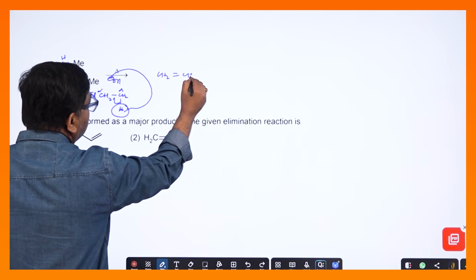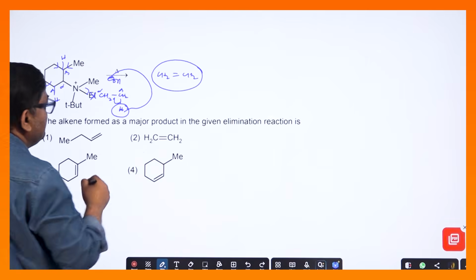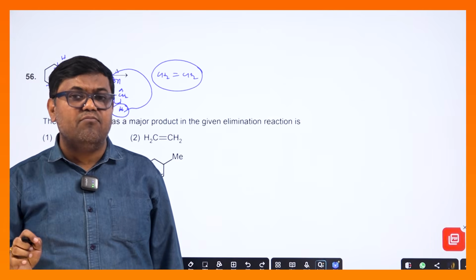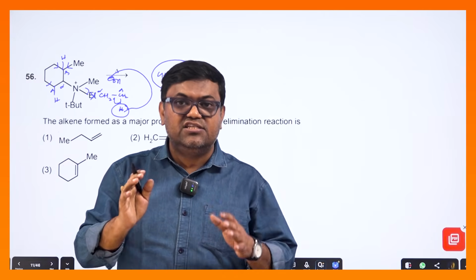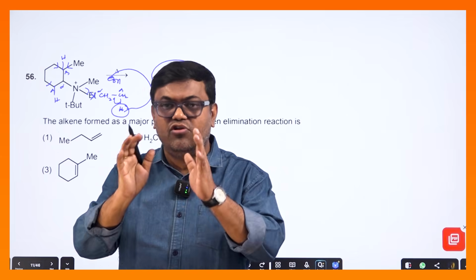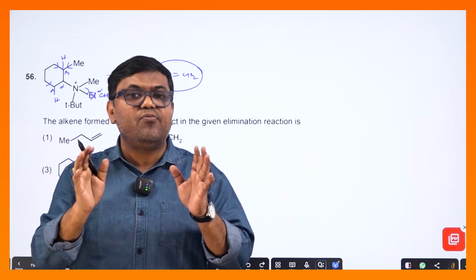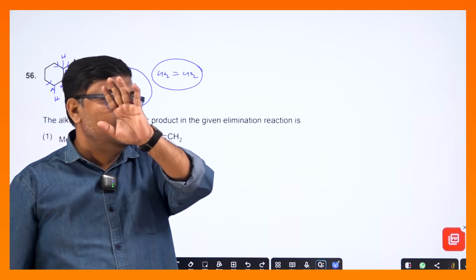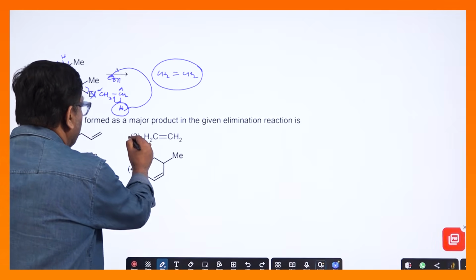CH2 ডাবল বন্ড C। তার মানে কনসেপ্টটা কি? যদি NR3+ যুক্ত থাকে, তাহলে যে কম্পাউন্ডটার মধ্যে সব থেকে মোস্ট অ্যাসিডিক বিটা হাইড্রোজেন, সেটা ট্র্যাপ করে আমি এখানে অ্যালকিনটা তৈরি করবো। জেনারেলি এখানে কি হয়? হফম্যান প্রোডাক্ট ইজ দ্য মেজর প্রোডাক্ট, ইট ইজ ওয়ান অফ দ্য কন্ডিশন যেখানে হফম্যান প্রোডাক্টটা মেজর প্রোডাক্ট। অ্যান্সার কোনটা হবে? অ্যান্সার হবে নাম্বার 2।